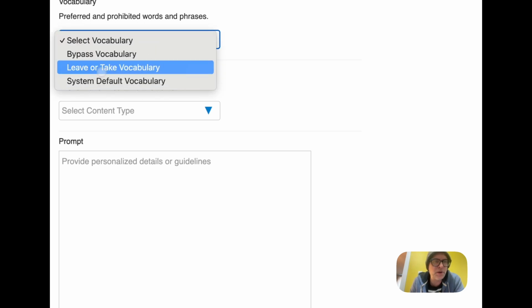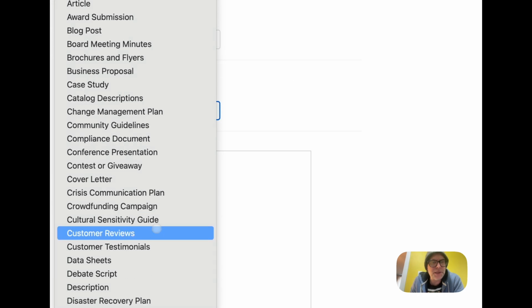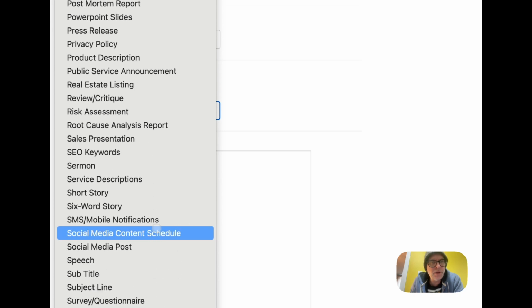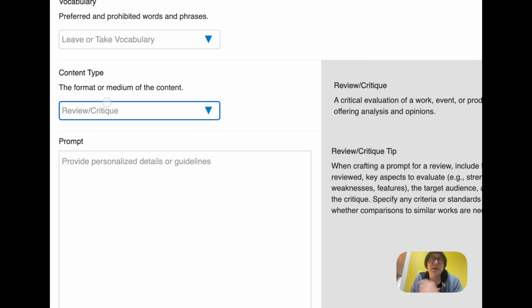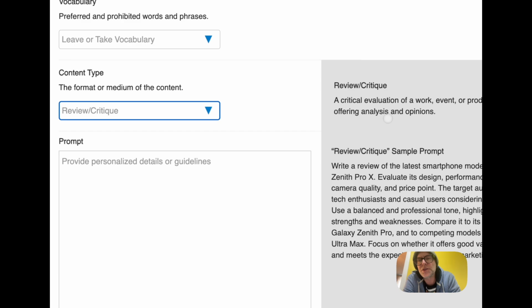Vocabulary, we created our leave or take vocabulary, so we'll choose that. And let's see, we've got a whole bunch of content types. I'm going to, however, choose review / critique. And then when we choose that, you can see over on the right side of the screen, it gives a little bit of information about what that is, if you just wanted to make sure you're choosing the right thing or whatever. So for review critique, we're defining as a critical evaluation of a work, event, or product, offering analysis